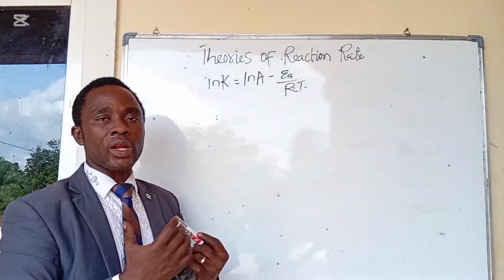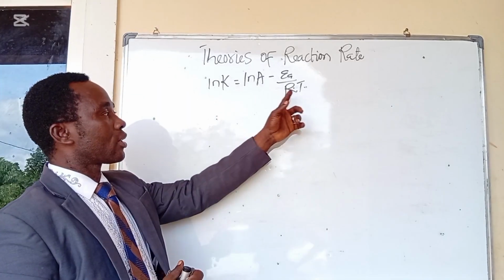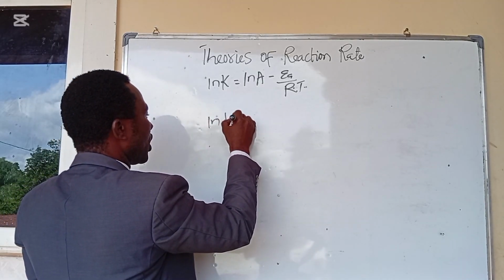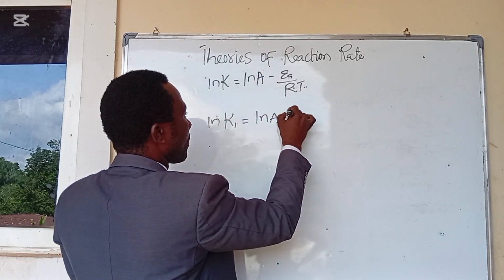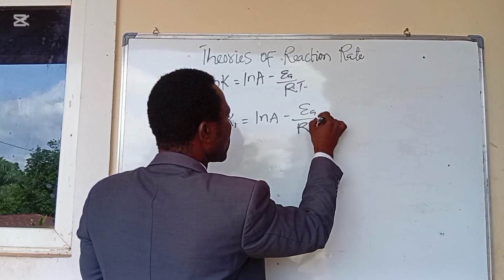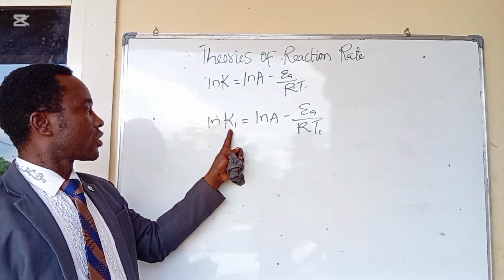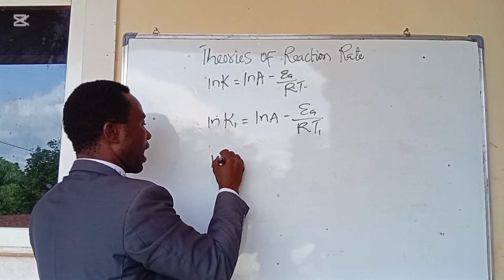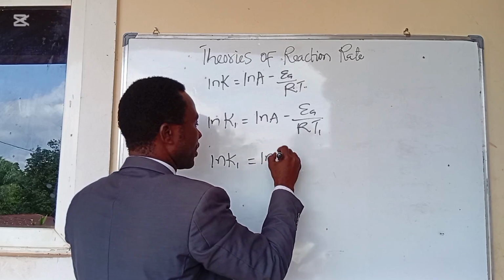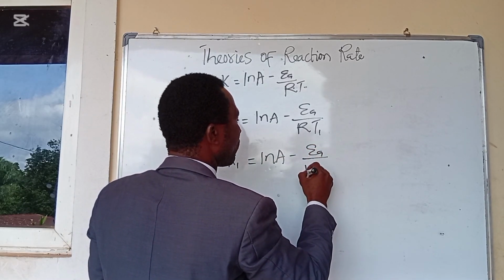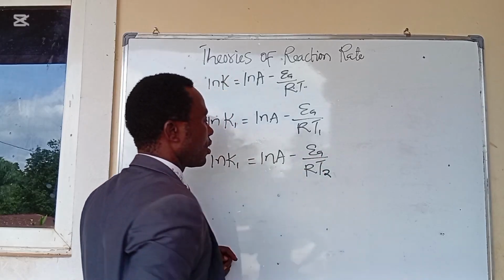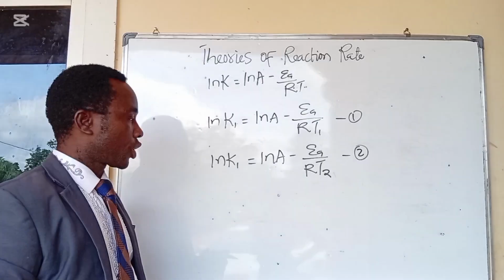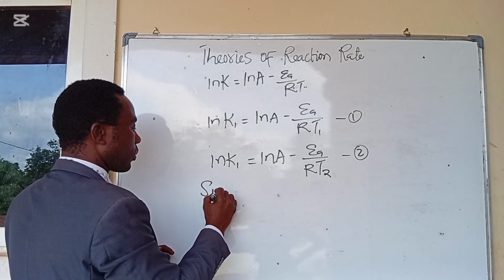Now, that means under different conditions of rate constant and temperature, we will see that ln K1 is equal to ln A minus EA over RT1. So what is changing is K and T. That is to say, under another condition, we have ln K2 equal to ln A minus EA all over RT2. Now, if we take this as our equation 1 and this as our equation 2, we can subtract